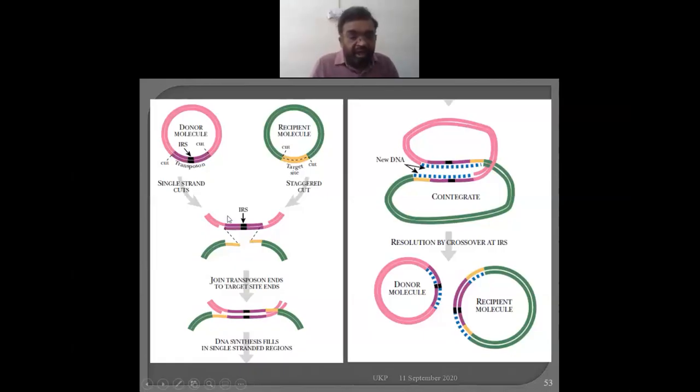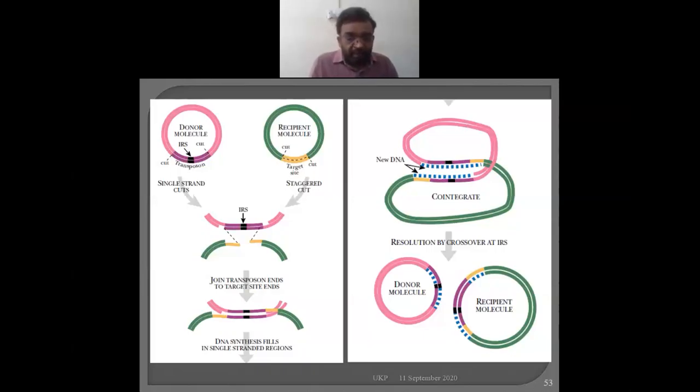Okay, concentrate on the color. This pinkish color denotes the donor molecule, and the greenish or yellowish color is the recipient molecule. Here you can see that due to the staggered cut, this gets attached to this and this gets attached to this, and in that way, this is actually the recombination. Hence, whatever consequences happen in recombination, we discussed exactly during our recombination at the molecular level. So in that way these two molecules are now connected to each other.